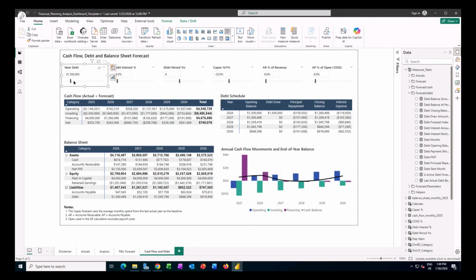Okay, so if I lower that to, let's say, 500,000 of new debt, you see those interest expenses have changed because we have a lower debt, also the principal repayment, but see now the line goes below zero. So actually it suggests that we'll have a negative cash flow. Okay, let's go back to